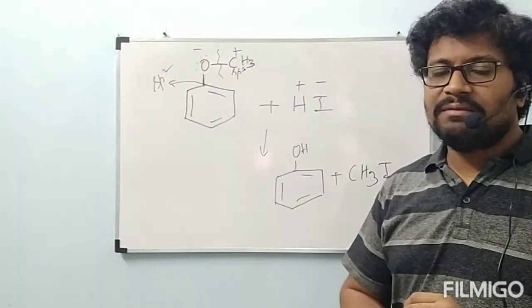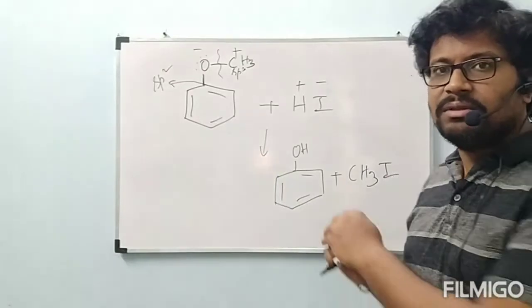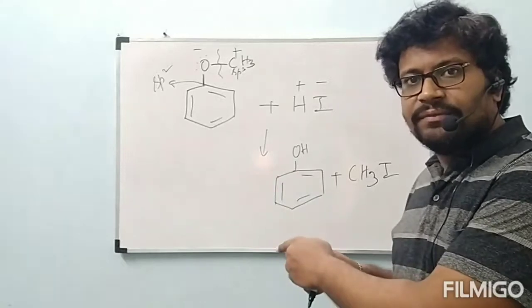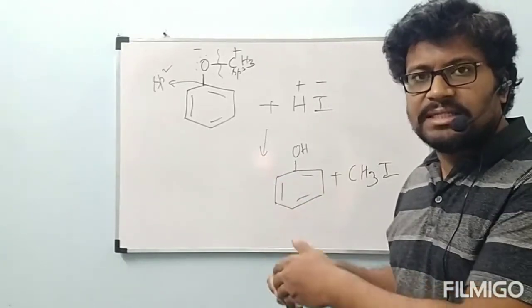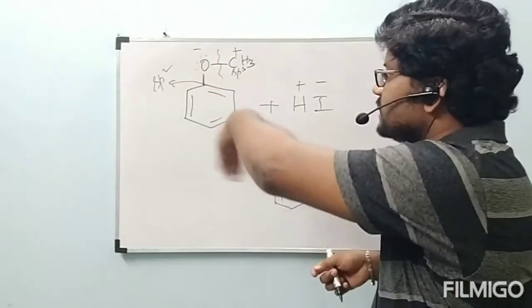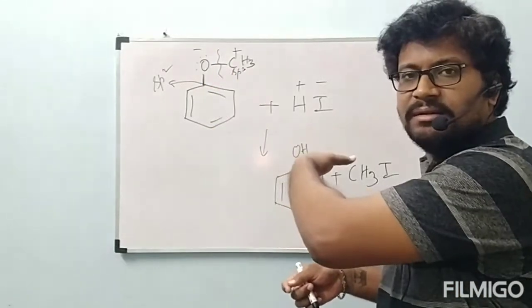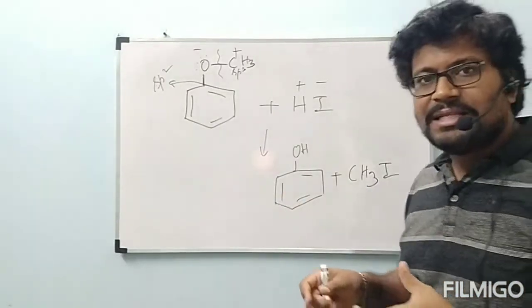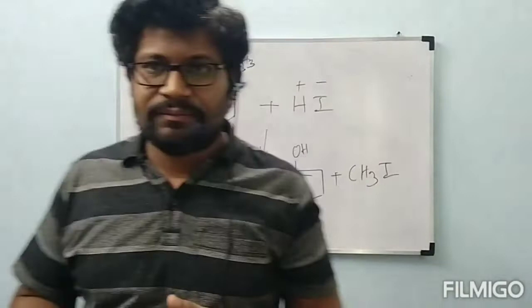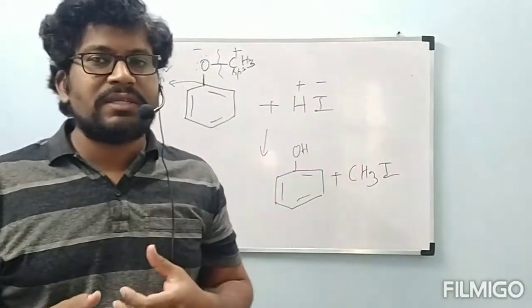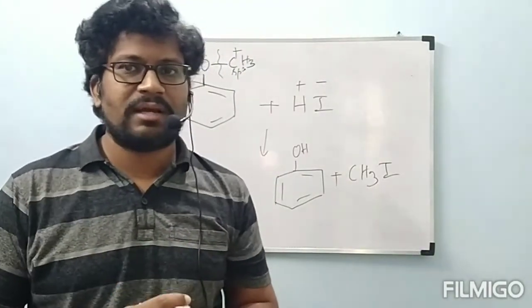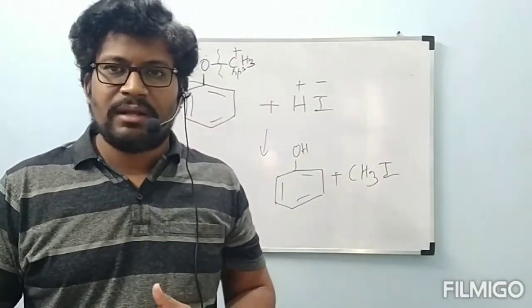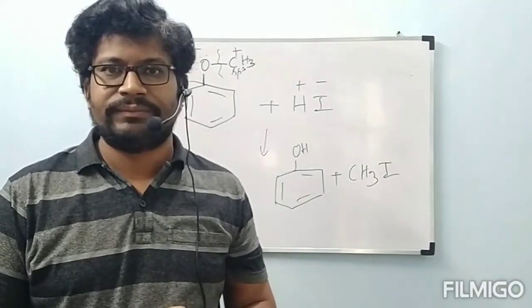No? After that Williamson synthesis completion, we are going through chemical properties. We have one chemical property, that is reaction with HI, and after that reaction with HX. We have taken various examples when they react with HI. Okay, what are the products we are going to get? When we take unsymmetrical ether, when that unsymmetrical ether reacts with HI, then what will happen? In that, the alkyl group which has fewer carbons will react with iodine to form alkyl iodide. The other one is formed as alcohol.